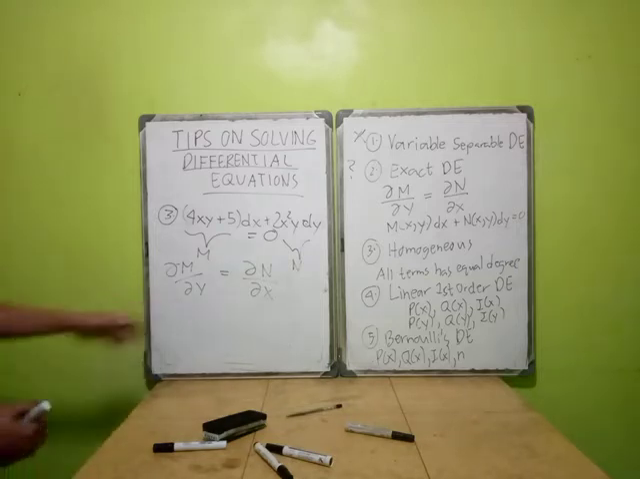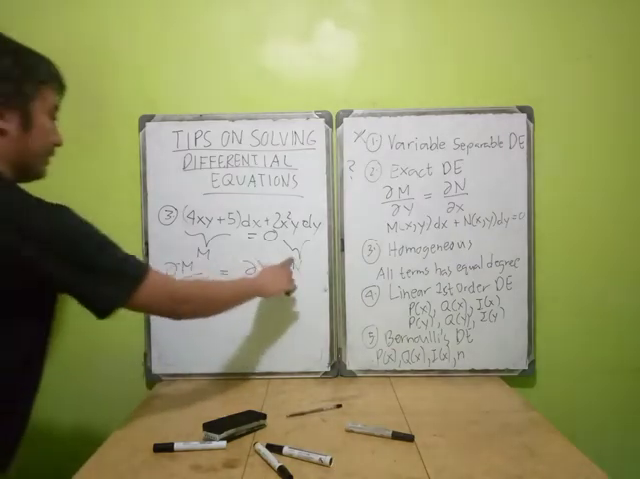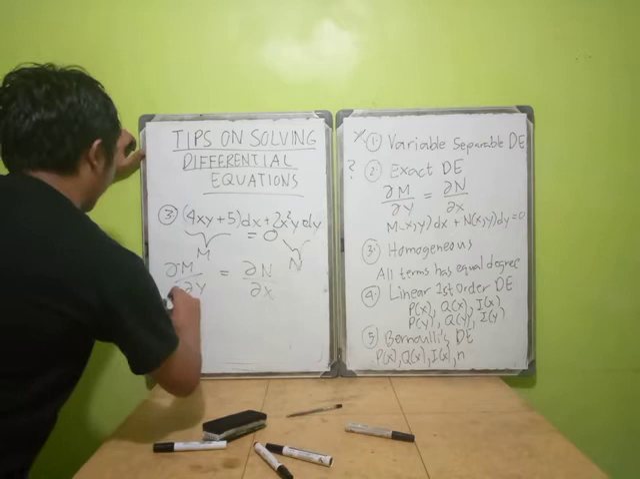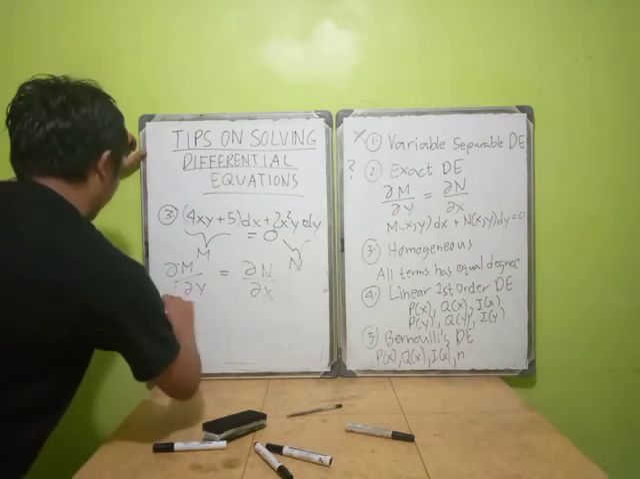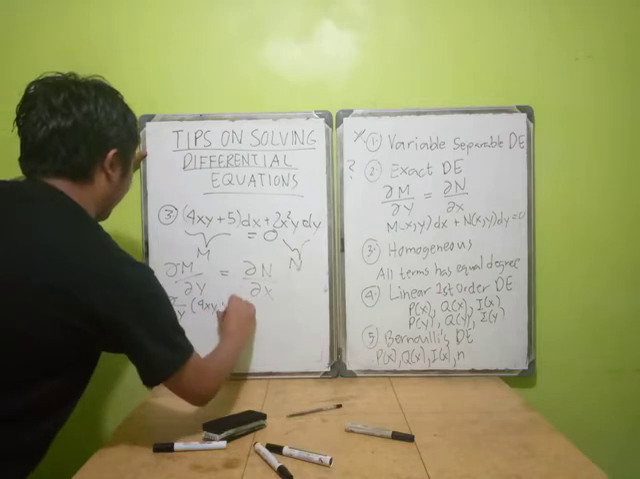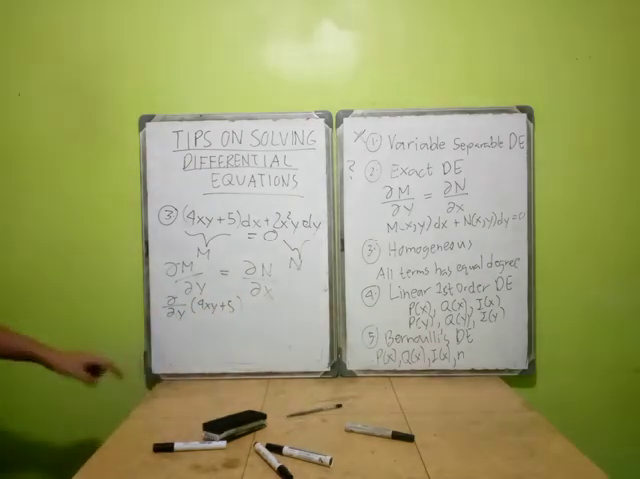So kapag, okay, si M natin is ito. Si N natin is ito. So, M is 4xy plus 5. Okay. So, kapag ganito,